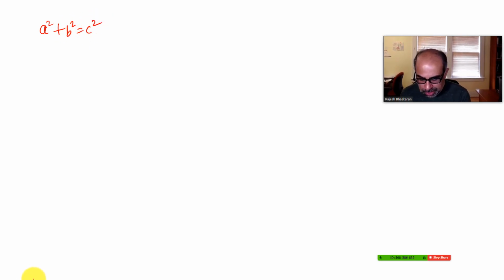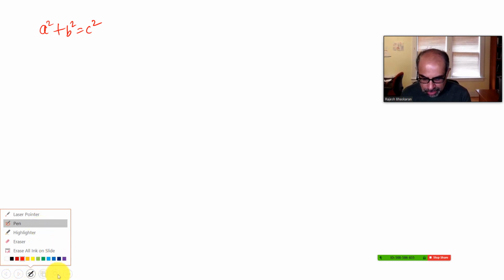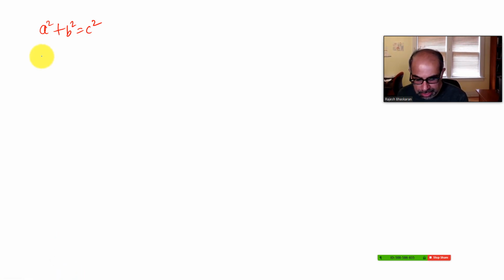And I can go in here and I can change the color. So in the lower left corner, there are a bunch of tools that are extremely useful. And I would urge you to take about 10 minutes to explore those set of tools. So I can change the color. I can say blah,